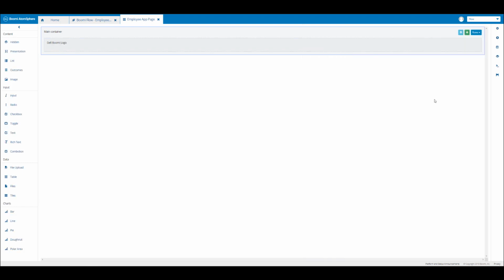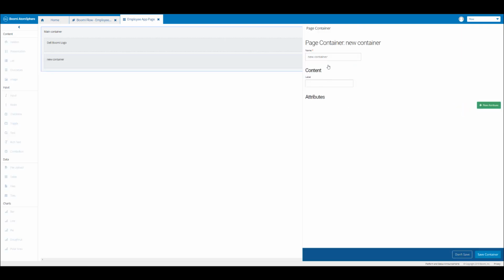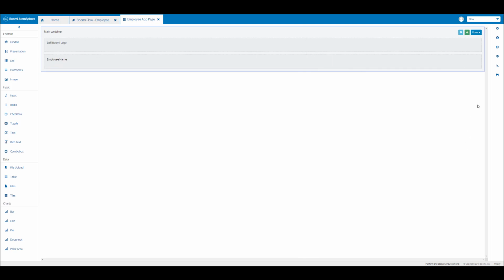Anytime we make a change in a page layout so we don't lose our changes, it's recommended to click on the disk icon to save frequently. Then we're going to come back to our main container and click on the green plus button again. And this container we're going to name Employee Name, and then click on Save Container, clicking on the disk icon